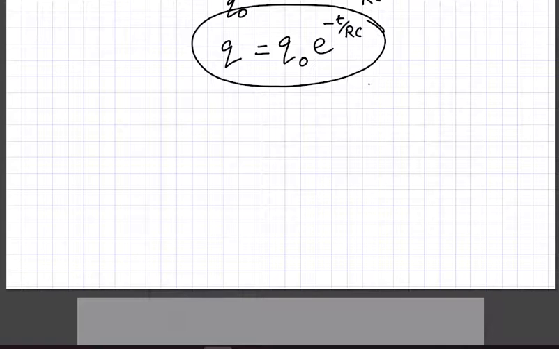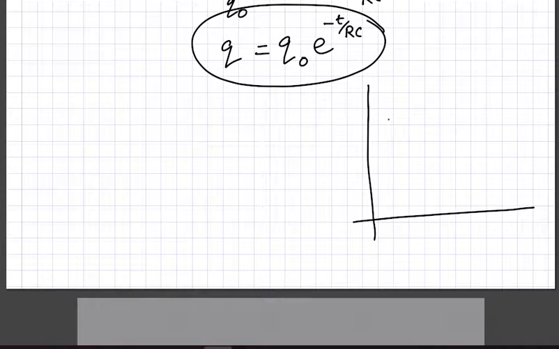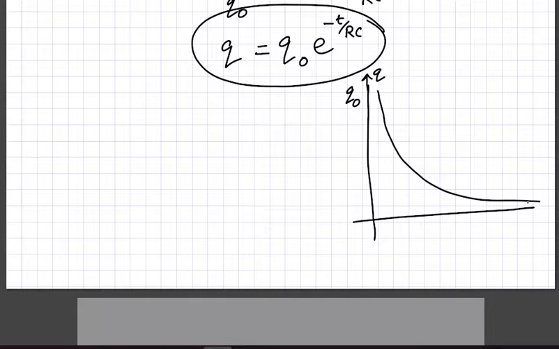If we plot it, it looks like this. It is a decay function, exponential decay. Somewhere here you have Q naught, and this is Q, and this is time, and that's 0. So somewhere you have Q naught, the maximum charge at time t equal to 0. It will touch the y-axis at some point, we will not worry. So that is the equation and that is the plot.